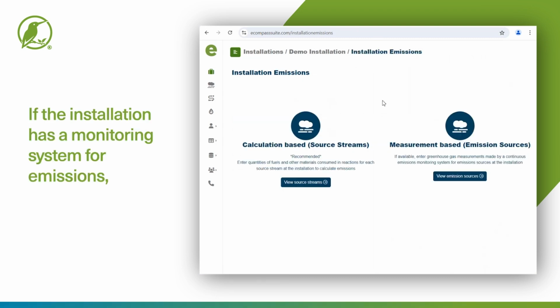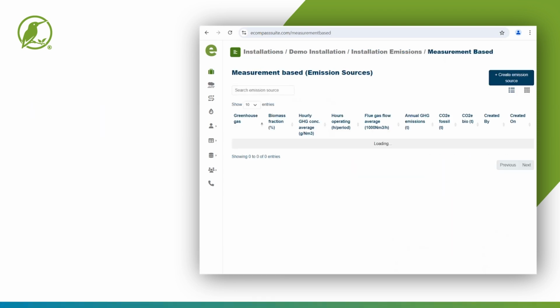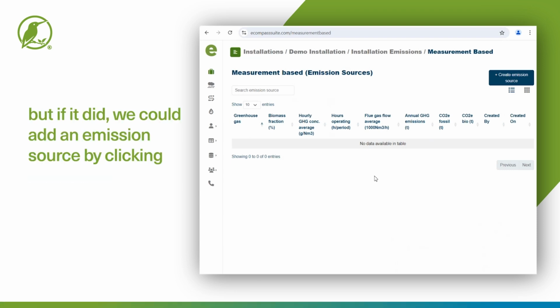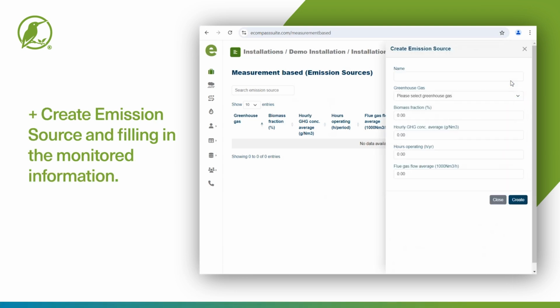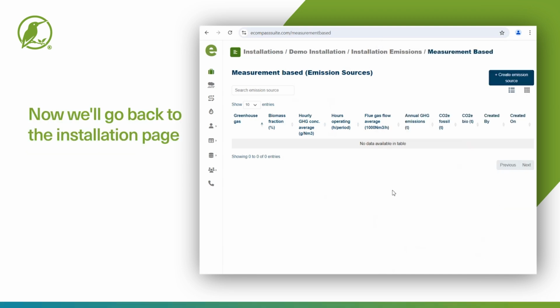If the installation has a monitoring system for emissions, those emissions are added in the measurement-based emissions section. This demo installation does not have on-site monitoring, but if it did, we could add an emission source by clicking Create Emission Source and filling in the monitored information. Now we'll go back to the installation page,